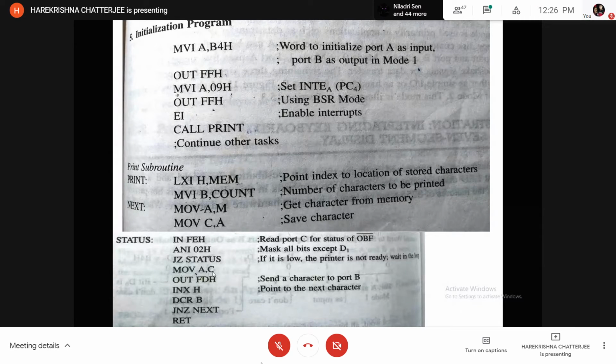Then the processor, when the OBF B bar is high, gets the data from the C register to the A register. The first byte is sent to the printer, not directly, but to port B of the 8255A, to which the printer is connected. Port B acts as a buffer